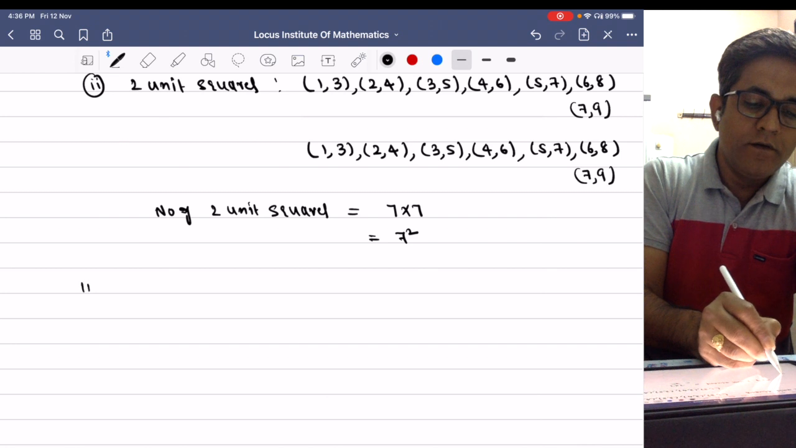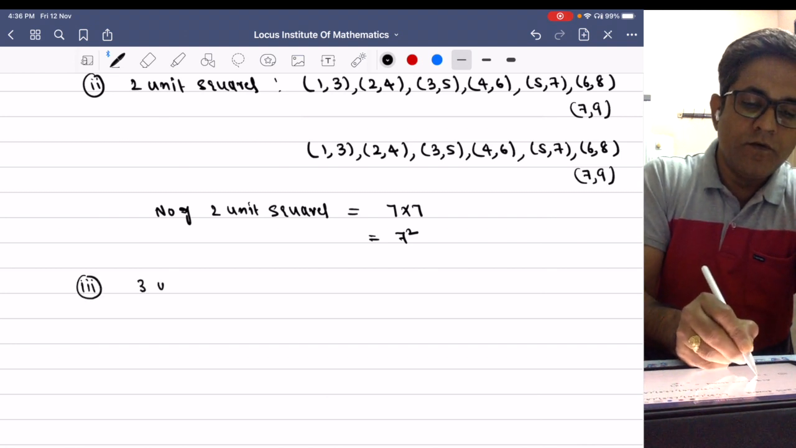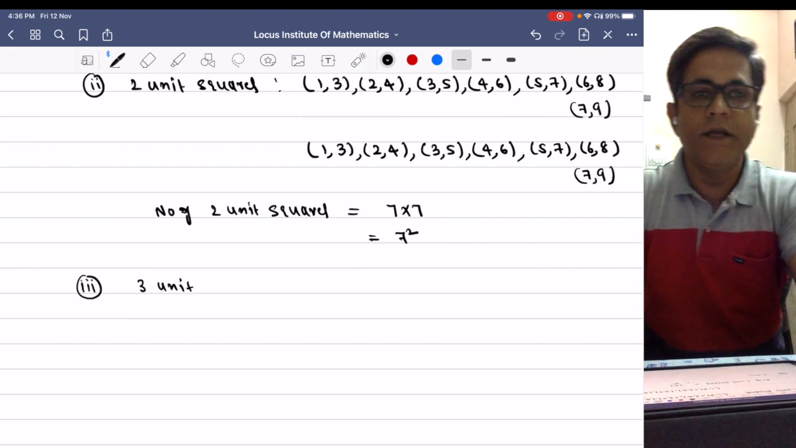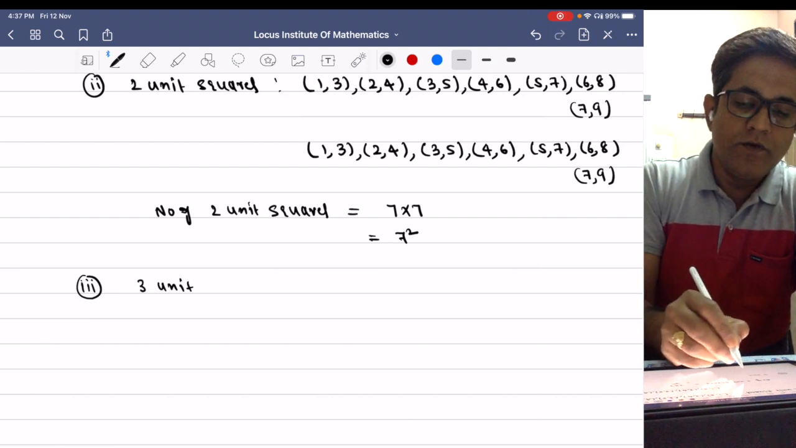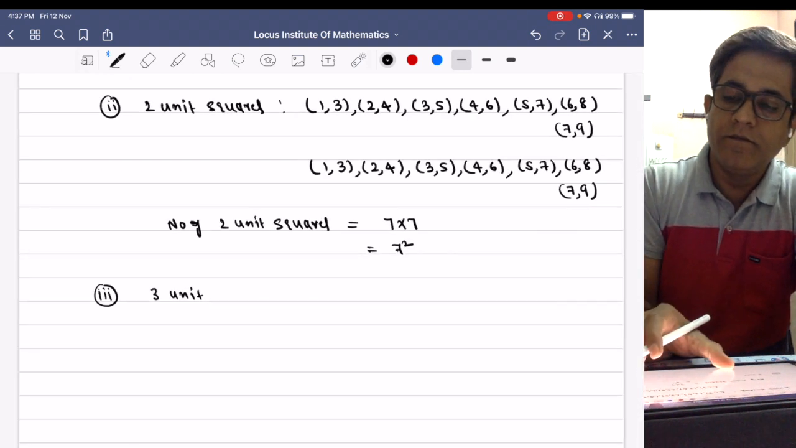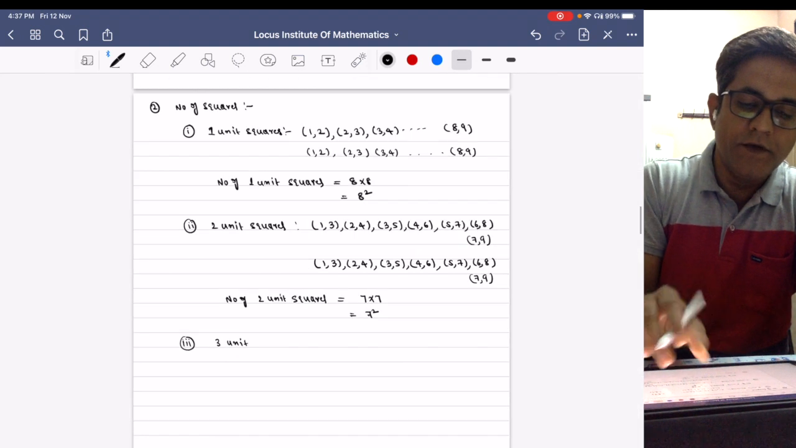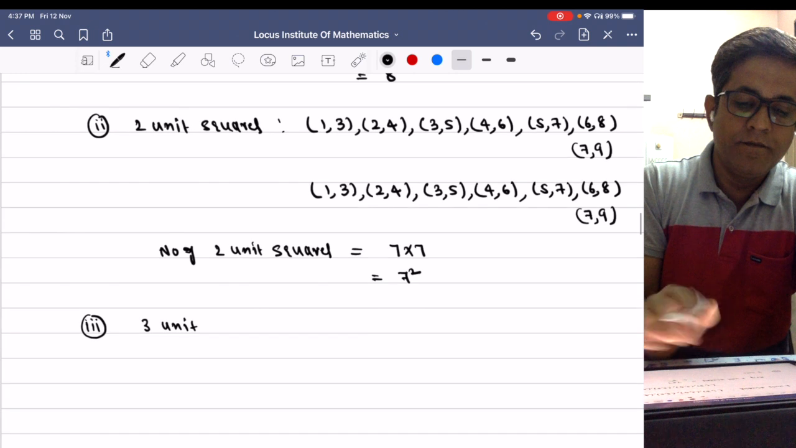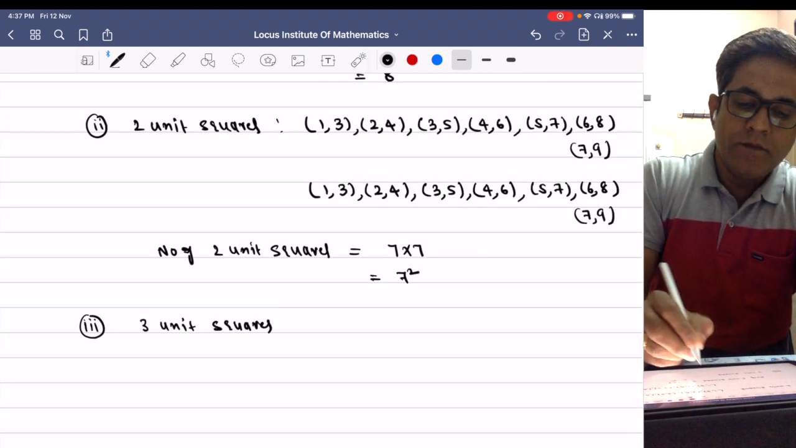Similarly, the third one, the number of 3 unit squares. To count the 3 unit squares, you take the ordered pairs with 3 units. So how many ordered pairs will be there? 6 ordered pairs. Therefore, 3 unit squares is 6 squared,